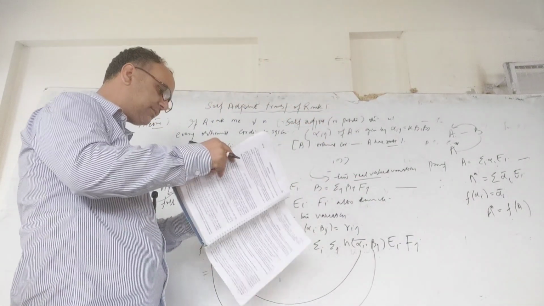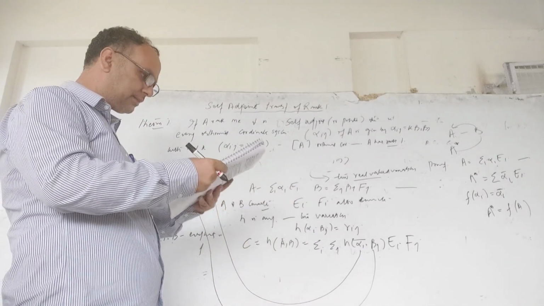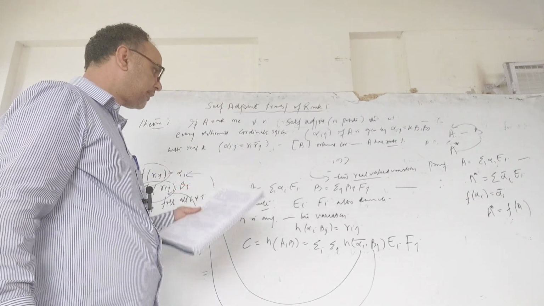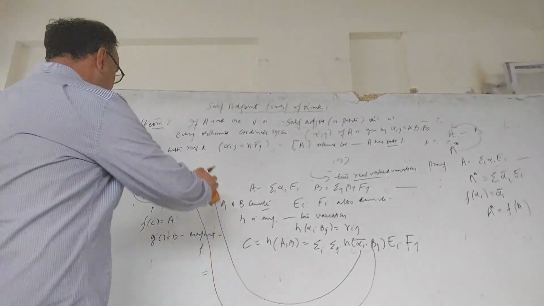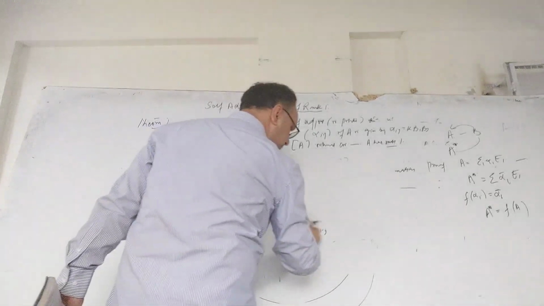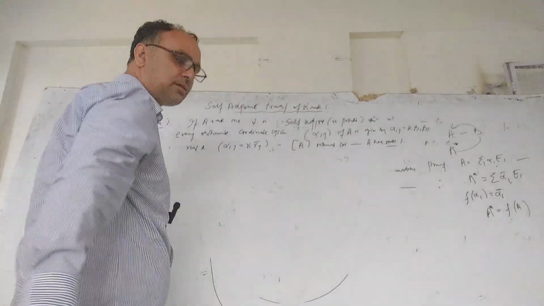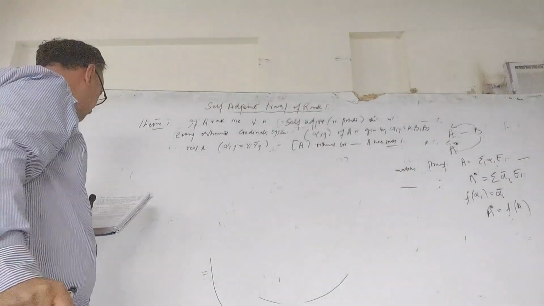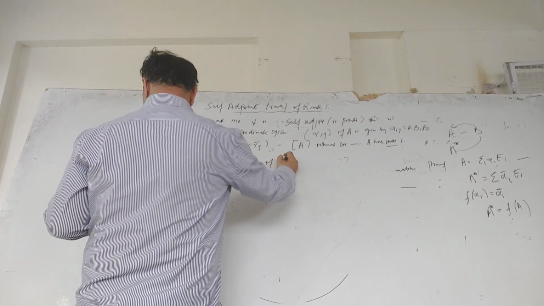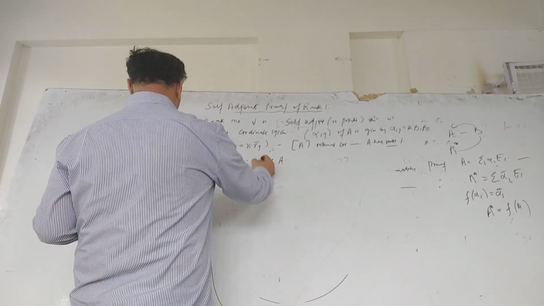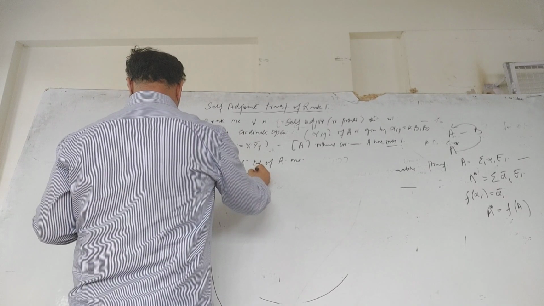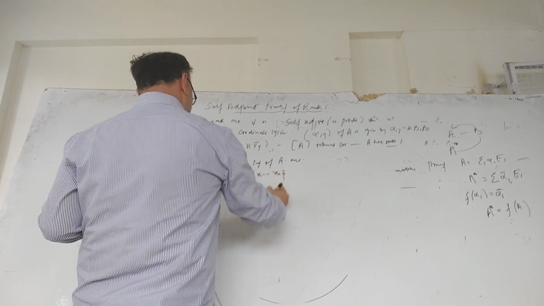So the proof again is not that complicated. We know the matrix alpha ij of a transformation of rank 1 in any orthonormal system is given by